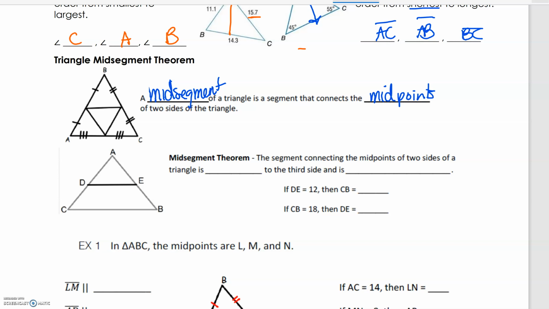So instead of going from that midpoint all the way to the vertex like we did for centroid, we're just going directly and connecting all of those midpoints and making kind of a little triangle inside, or connecting them across here to make what's called a midsegment. And that midsegment of the triangle is parallel to that side here, and it is half the length